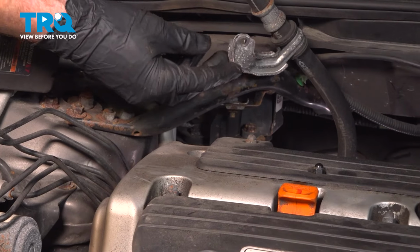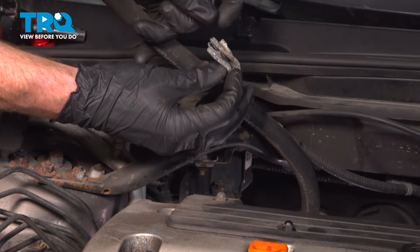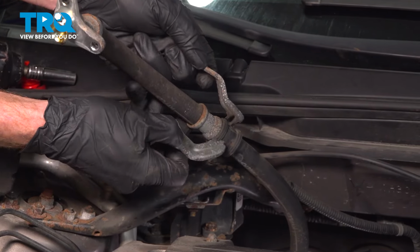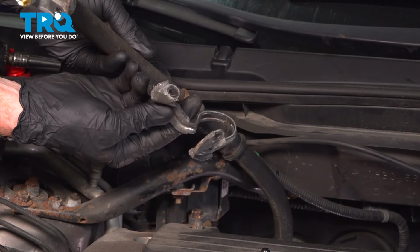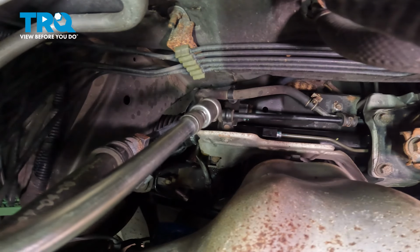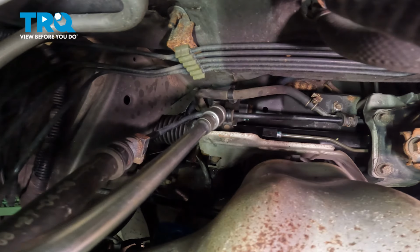Now, while we're here, let's also remove the bracket from that pressure line. It's very simple. Just take the two ears and separate them. A quick inspection of that bracket. We will be reusing it. Let's set this aside. Continuing inside the engine compartment, we're going to look all the way down along the bottom,